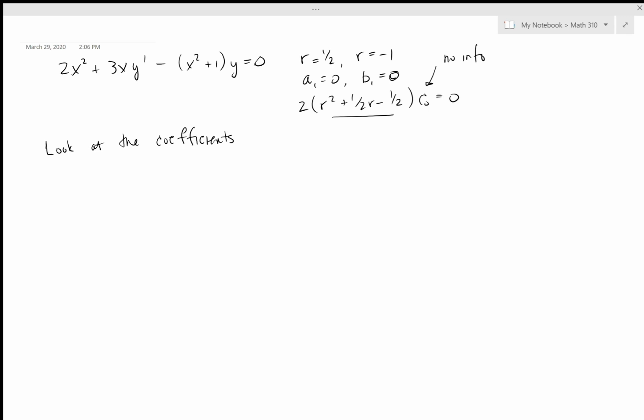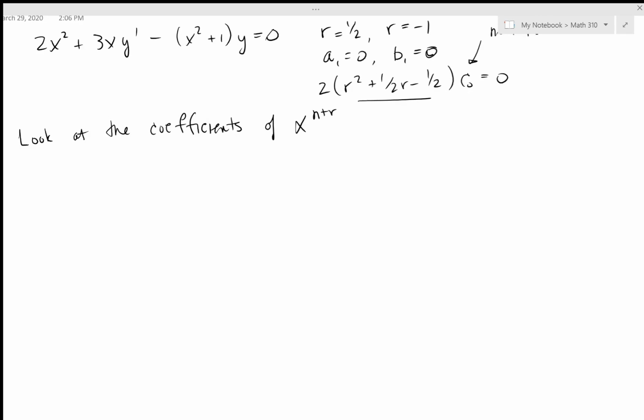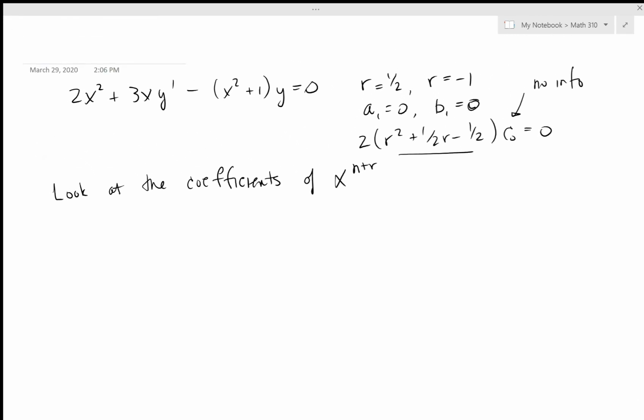Look at the coefficients of x^(n+r). Okay, how do we do that? Well, we know that for a polynomial to be equal, and we have a 0 polynomial on the right-hand side, that means that the coefficients on all the powers of x have to be 0 on the left-hand side. That means that 2 times (n+r), so this is all of the powers of x, the values of n starting from 2. We handled 0 and 1, and now this is all of the other ones, 2, 3, 4, 5, etc. So here we have